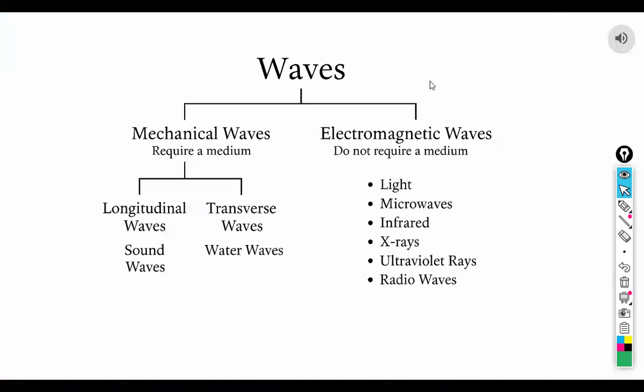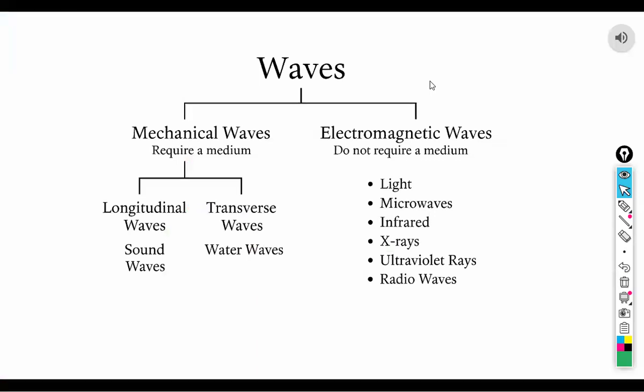All right. So when it comes to waves, there are two different categories of waves, right? There are two different categories. There are mechanical waves, which require something called a medium. A medium is like a substance. So longitudinal waves and transverse waves, like sound waves and water waves that we discussed just now, for the energy to flow through, it needs a medium, it needs an actual substance in order to flow from one point to the next point. So you call those mechanical waves.